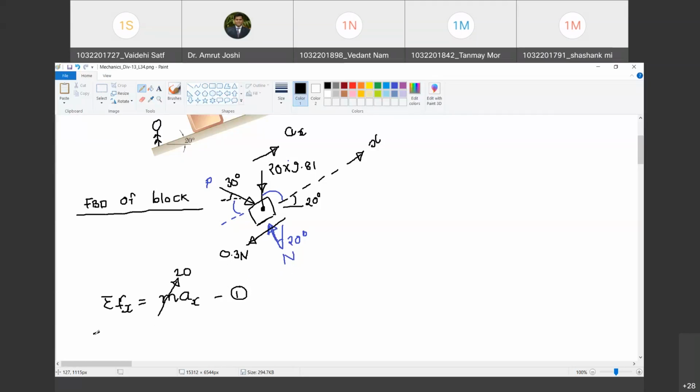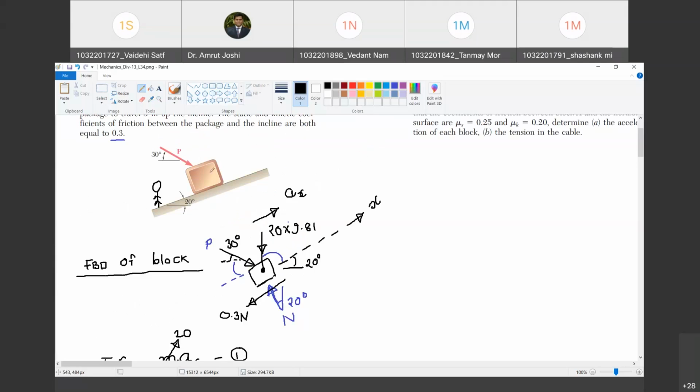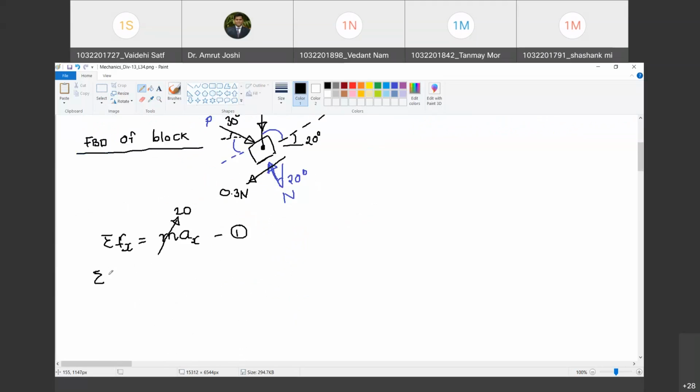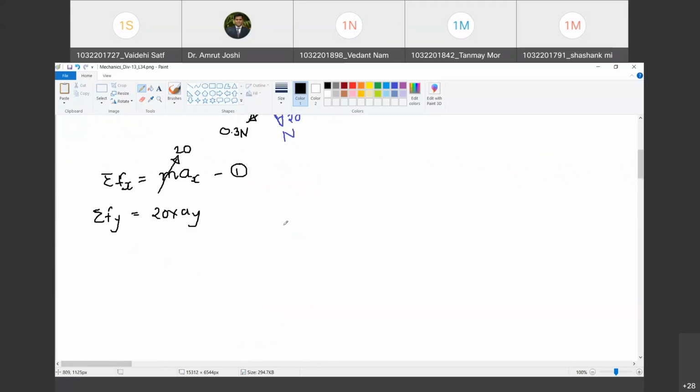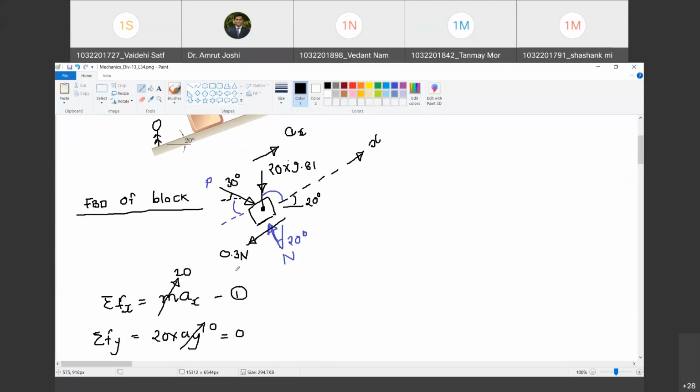Yes, sir. So for that, in y direction, the package is not moving at all. Do you agree with me? Yes, sir. So can I write summation Fy is equal to the mass of the package multiplied by acceleration in y direction, which is perpendicular to the surface? The package is not moving at all perpendicular to the surface. It is moving along the surface. Are you with me? So can I write this ay as 0? Yes, sir. So therefore summation Fy must be equal to 0. This is the second equation that we are going to use. Let us apply this equation now, summation Fy equal to 0. So can you tell me what will be the value of N? So let us do it.